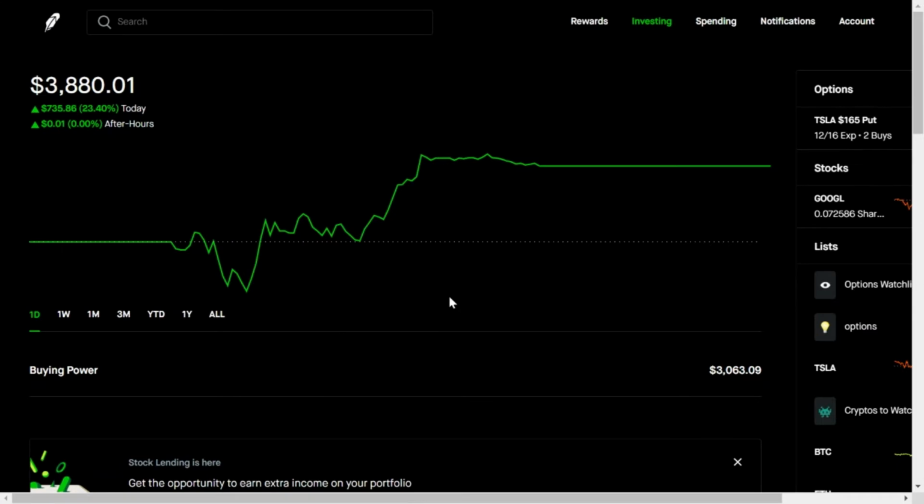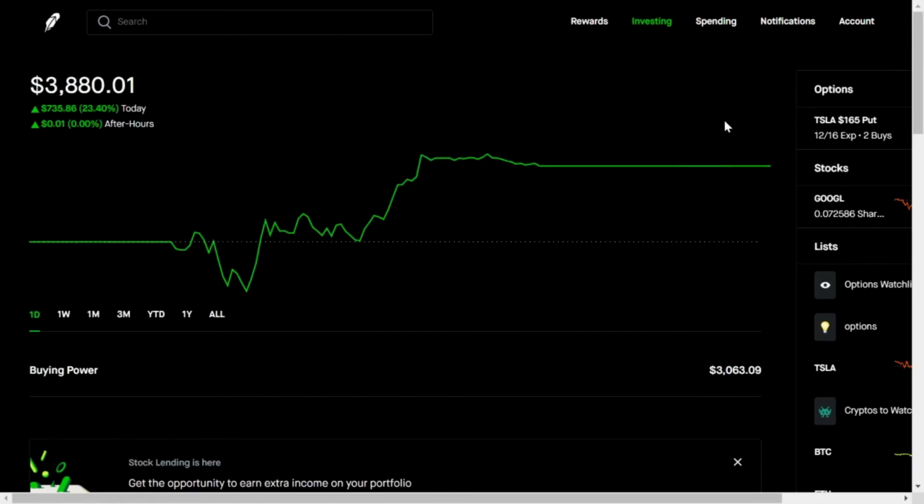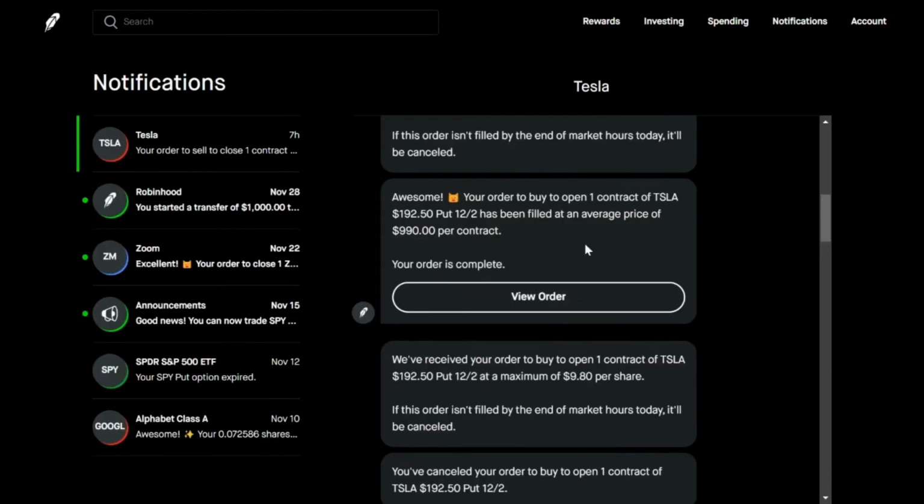So what happened is, I invested around $1,000 again, and right now my investment is 2,500. And yeah, I was lucky yesterday and today, so I got a profit. I had two puts of Tesla which increased. I bought a Tesla put contract at 190, strike price 192.50